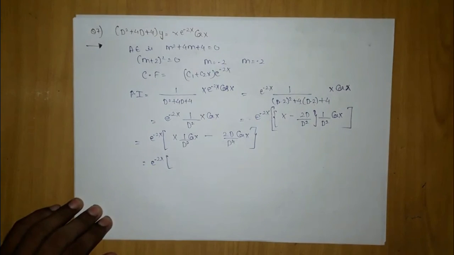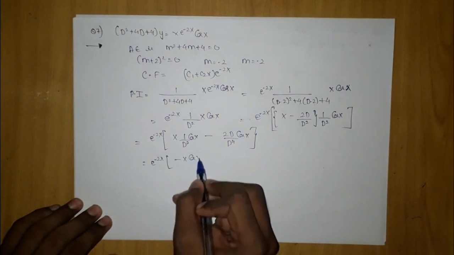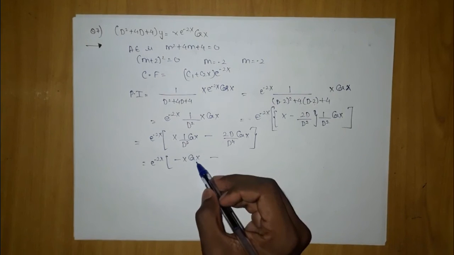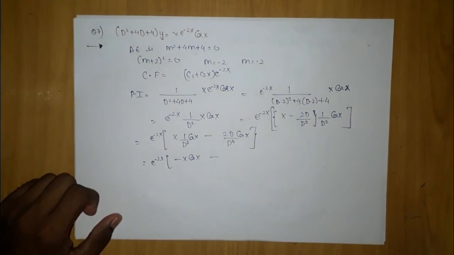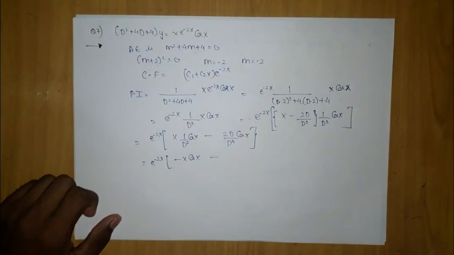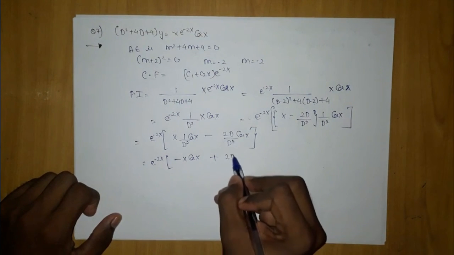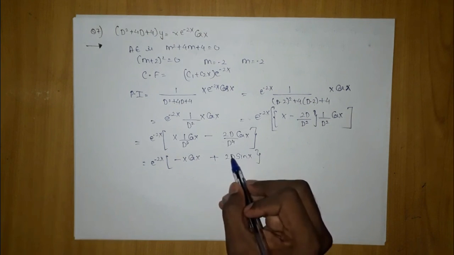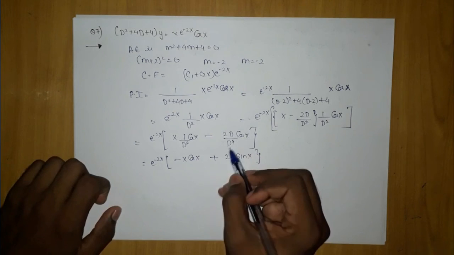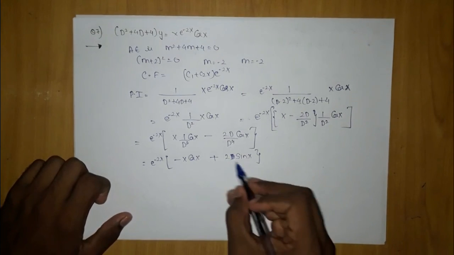Here if you do its integration, it will be sin x, and if you again do its integration, it will be -cos x. So here we are getting -x cos x, and here it will be thrice. So -cos x integration is again -cos x. First cos x to sin x, then sin x to -cos x, which is nothing but -sin x. Then here it will become +2D sin x, and its differentiation will happen, sorry, there will be nothing here, D³, we have integrated thrice. So here we are getting this thing.